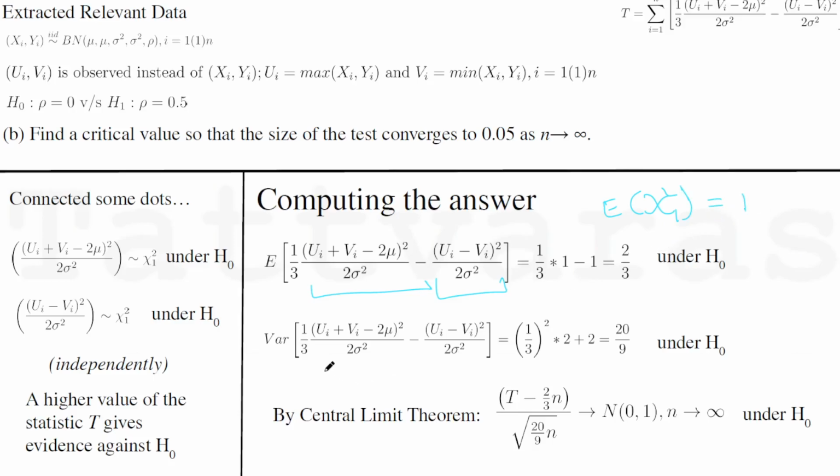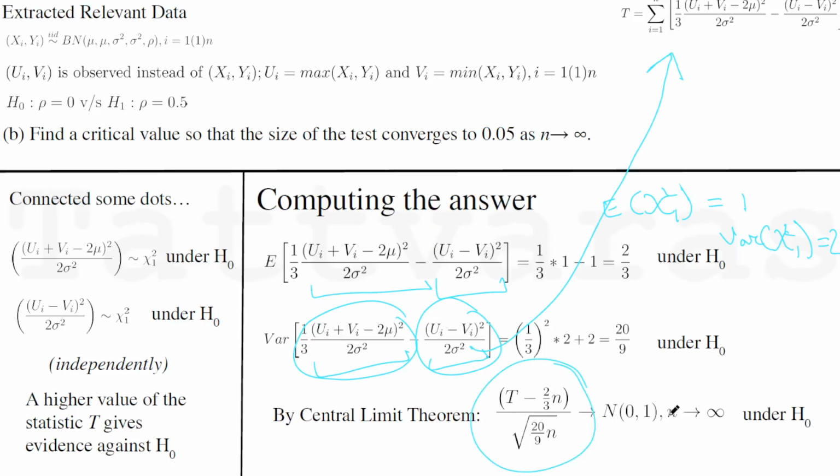And for variance, because this and this are independent, the computation of the variance is going to be the same as the variance of this component plus the variance of this component. And the variance of a chi-square variable with 1 degree of freedom is 2. So we have the expectation and variance under H0. So when we plug this expectation and variance into the sum structure, we get that the expectation of t is 2 by 3 n and the variance is 20 by 9 times n. Then we use the central limit theorem,